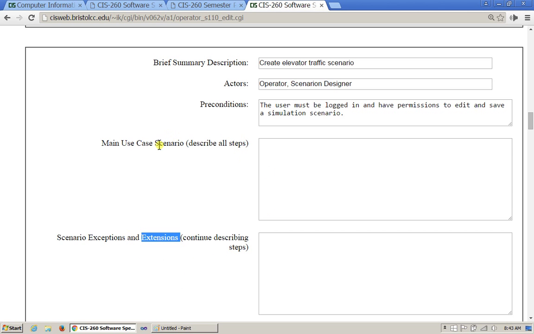Essentially, the use case here can have alternative paths or optional things which may be happening. For instance, it's hard for me to think about this create elevator traffic scenario. It seems to be pretty straightforward. They just have to fill out the information. But perhaps